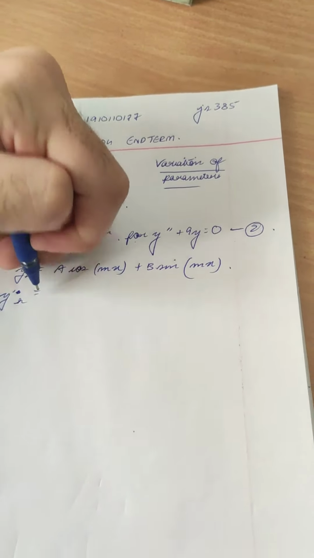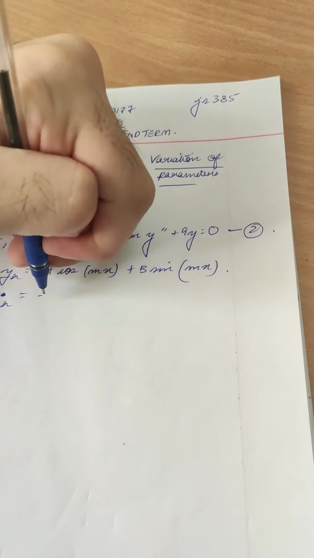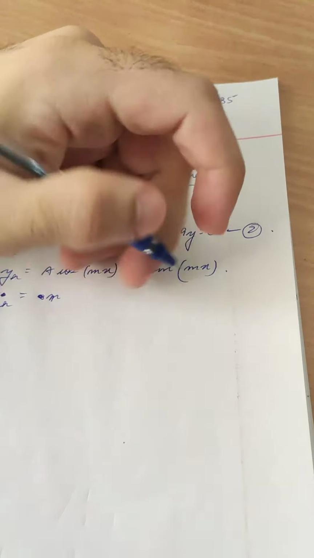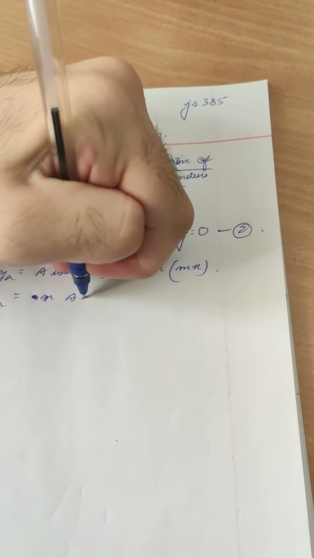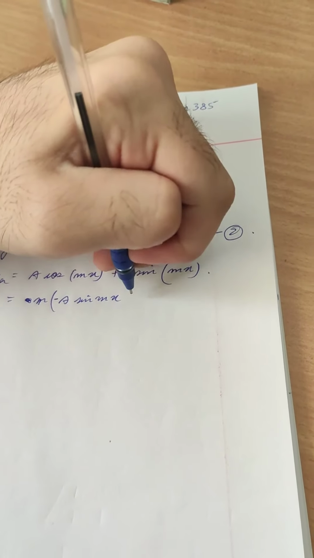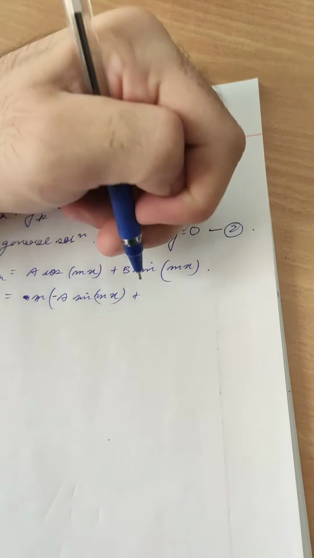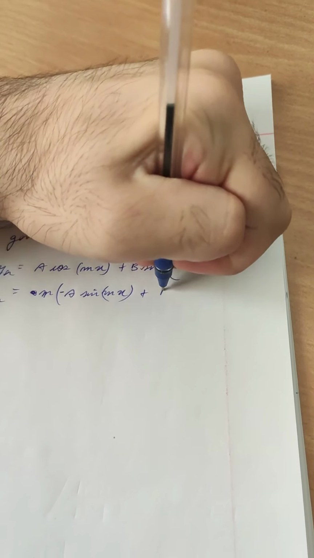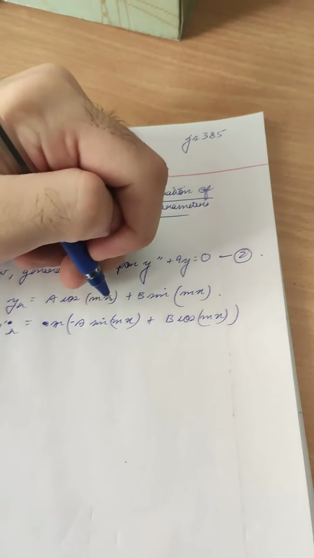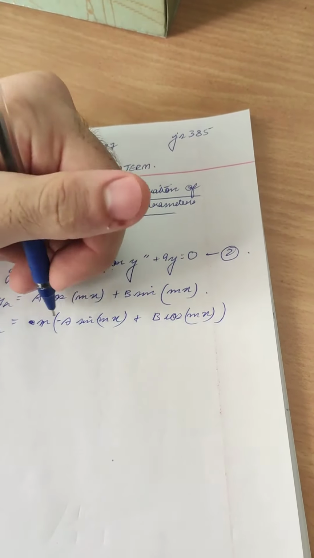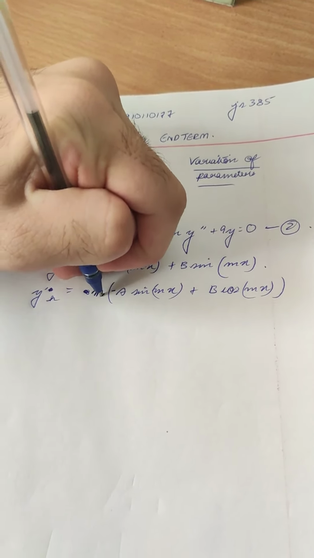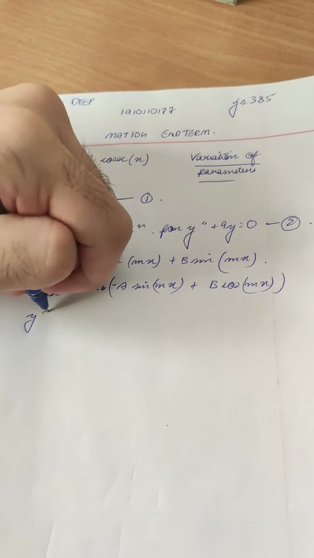So y prime h is nothing but minus m, let's just take m common, m times a sin mx, it would be a minus sign, plus b cos mx. Right. Now we'll get m term in both of these, so we have taken the m term common outside beforehand only. Right. So now we'll calculate the double prime also